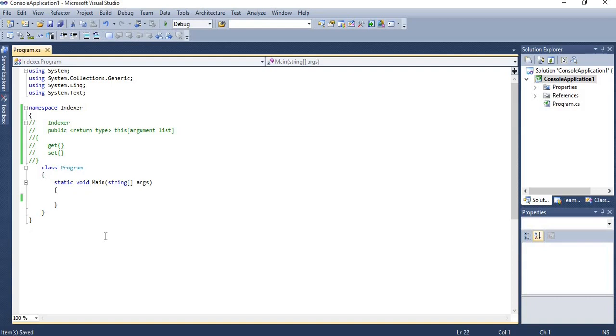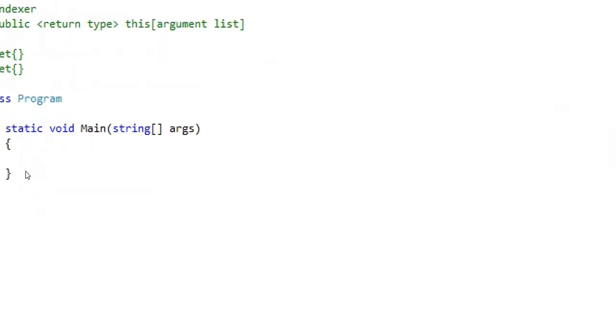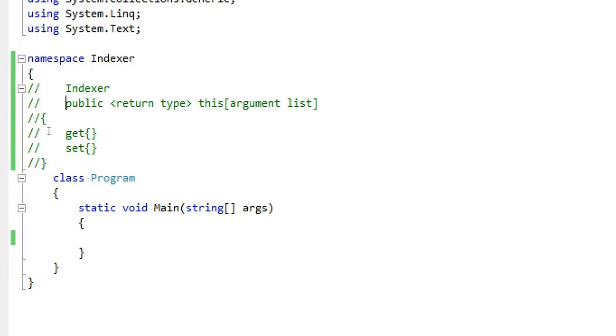Here I have mentioned the syntax of indexer in the comment section. It has the public keyword as a prefix, then the return type, which is based on the array data type which you have created, and the this keyword is fixed.